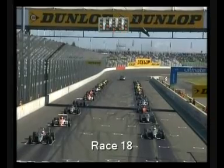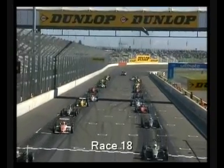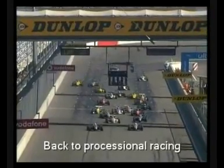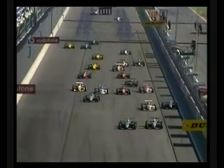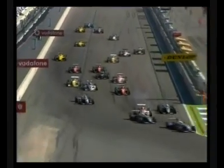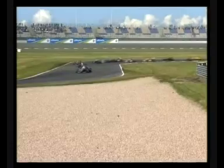Five lights, they go out, and let's go! And it's Britain, is it? Oh, they're very close, David, almost kissing wheels, and it's Hamilton! Just sneaking through as Pereira runs a little bit wide going into the first corner. Pereira goes very wide at the first corner, all over the grass, plunges down the order there, manages to get